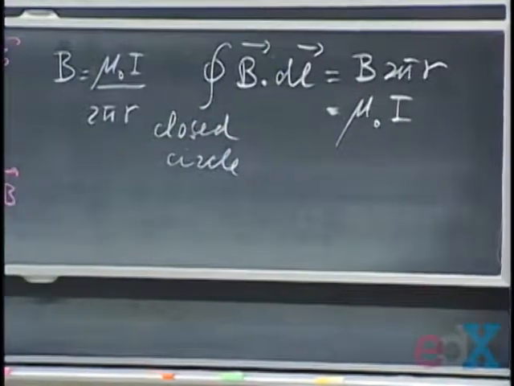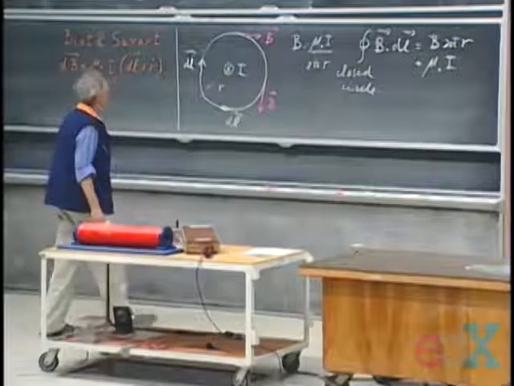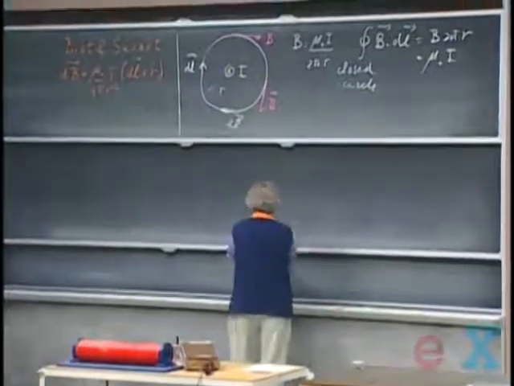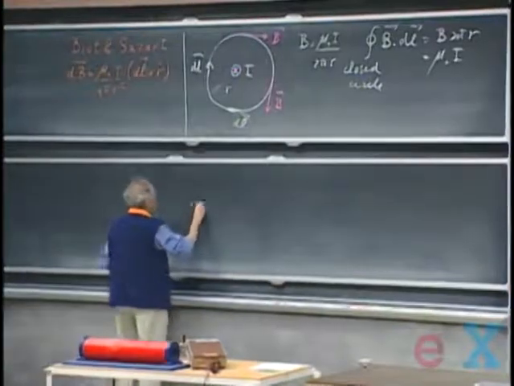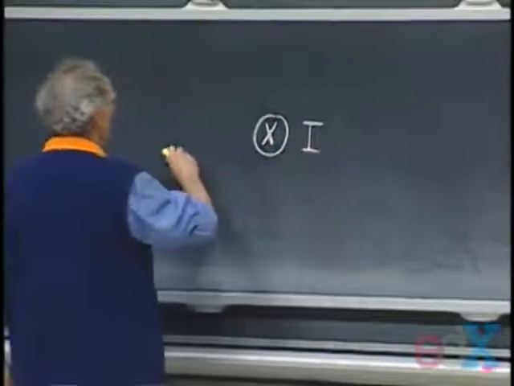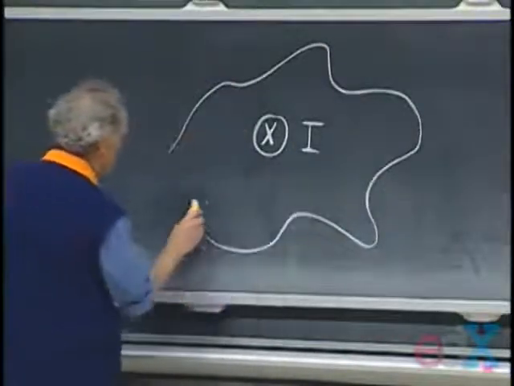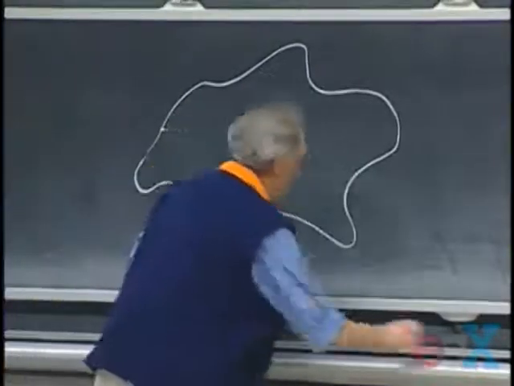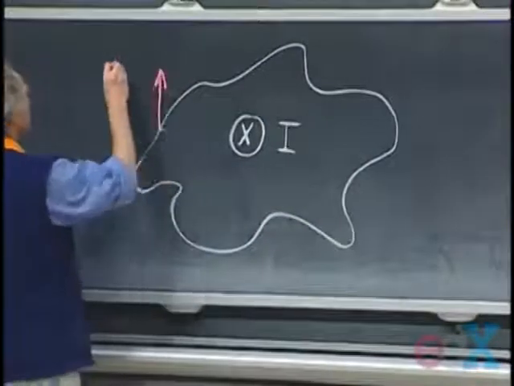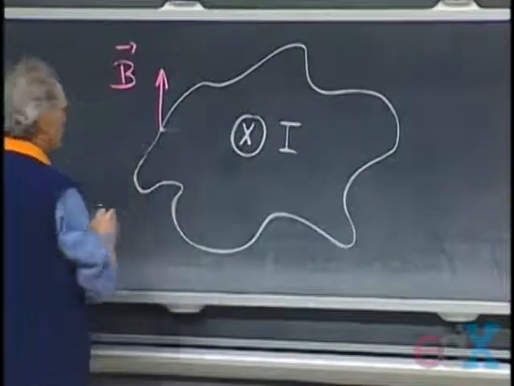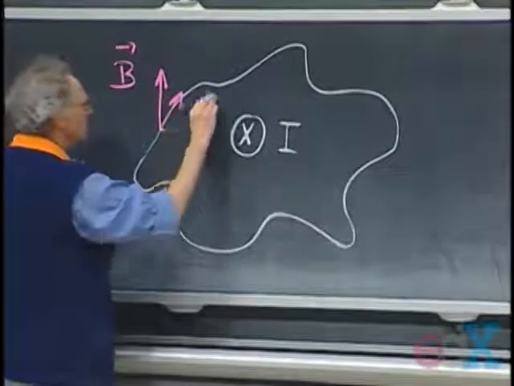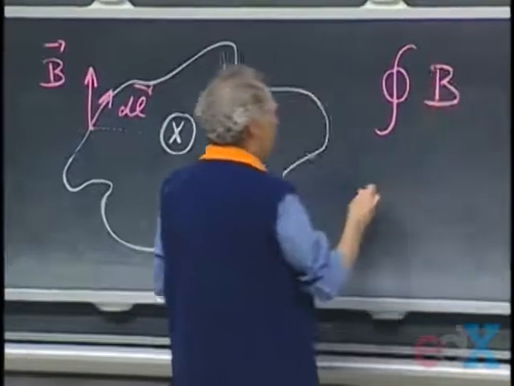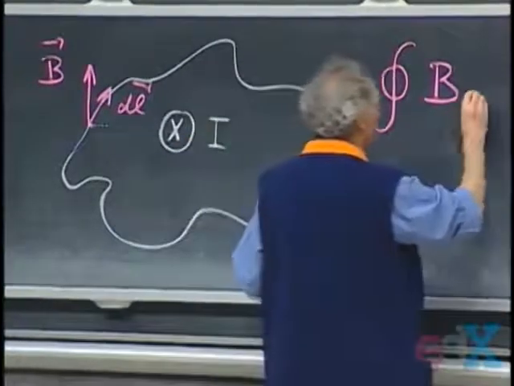And it was Ampere who first recognized that you don't have to walk around in a circle to get the answer mu zero I, but that you could walk around in any crooked path as long as it is a closed path, something like this. Here you have the local B, which of course is perpendicular to this radius, and here you have your local dl. And if you now go around a closed path of any kind, it doesn't have to be a circle, B dot dl,